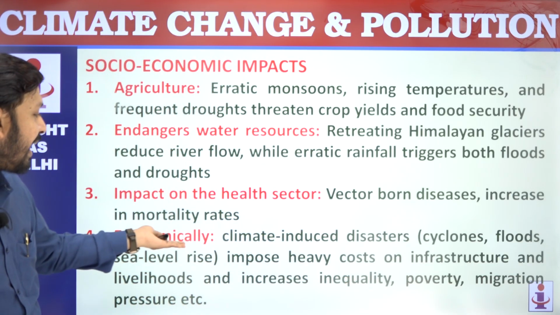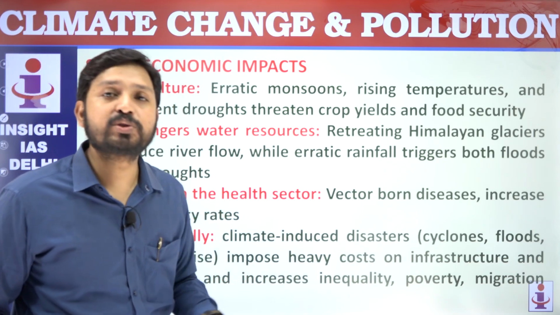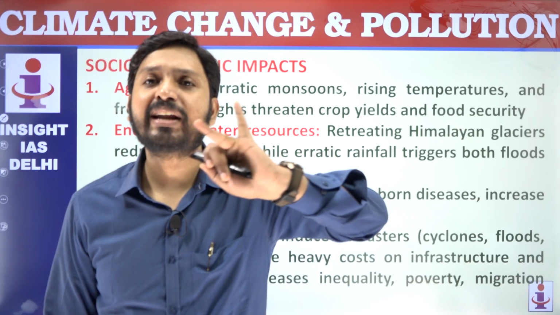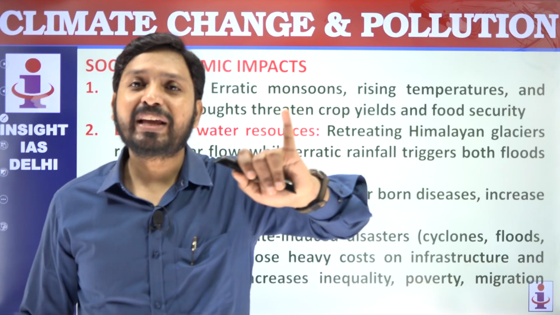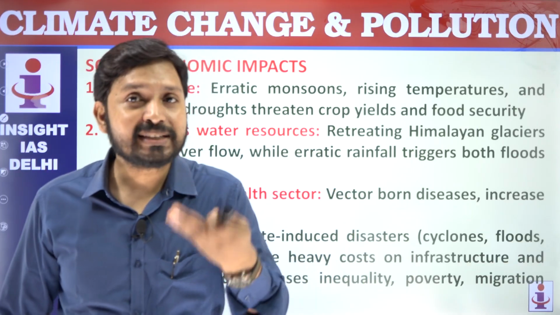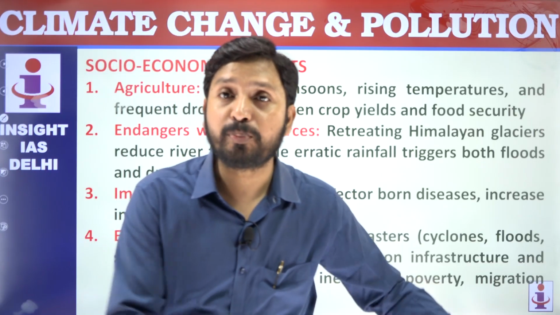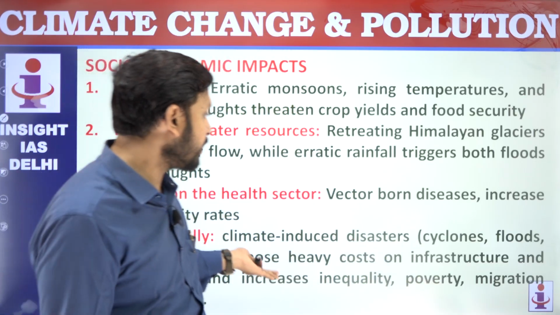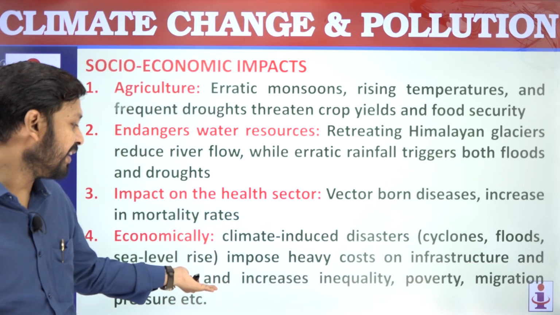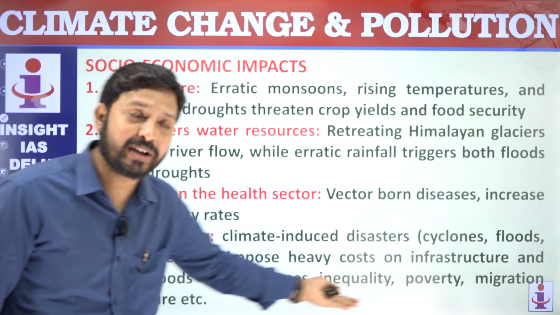Apart from that, how are they impacting economically? Climate-induced disasters, because the frequency of droughts, cyclones, and floods is increasing. Because of that, infrastructure is getting impacted, because bridges are washed away and railway tracks are washed away. So economically it is impacting. Apart from that, livelihood survival will also get impacted. Already these countries are poor, and if livelihoods are impacted, these people will become further poor, right? So inequality will increase in the country. Livelihoods and infrastructure will get impacted, and inequality,